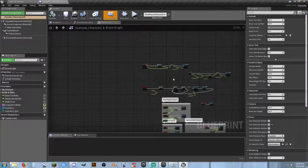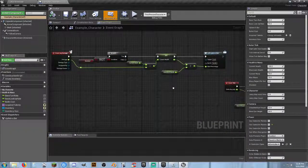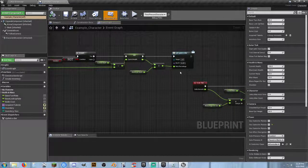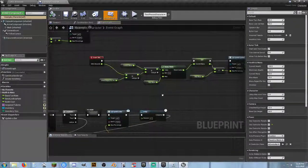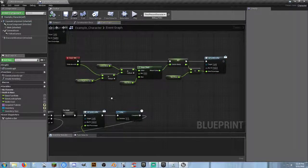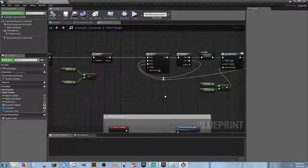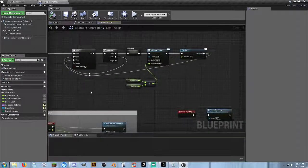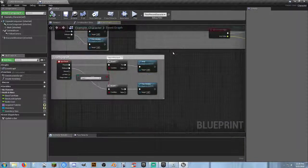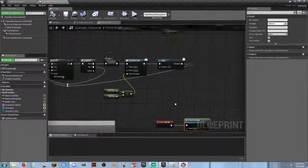Alright. Any event graph. Event any damage. Oh, that's normal. Call update a bar. Okay. Not exactly how I would do it, but okay. And they're running an event tick. I don't like no event ticks. Same thing for updating the bar. Left mouse button. Bullet cost, current mana. Create inventory, gamepad input, mouse input, movement input, touch input. Those are the standards there. They didn't change those. Event begin play, create inventory,